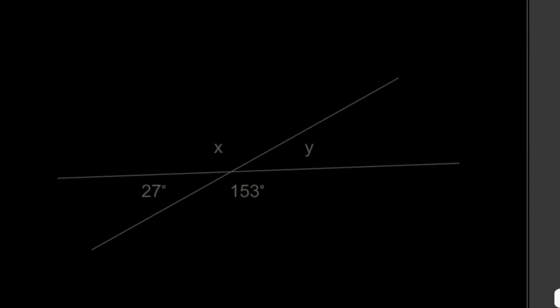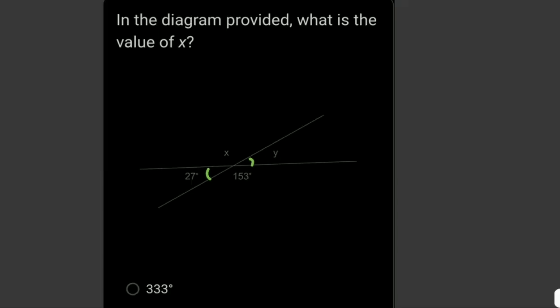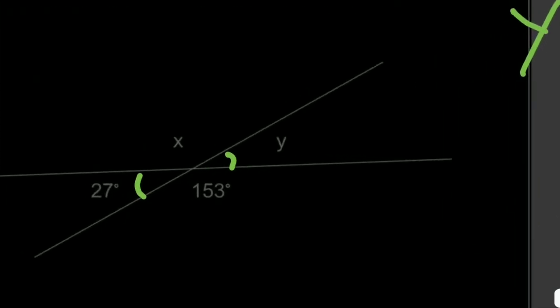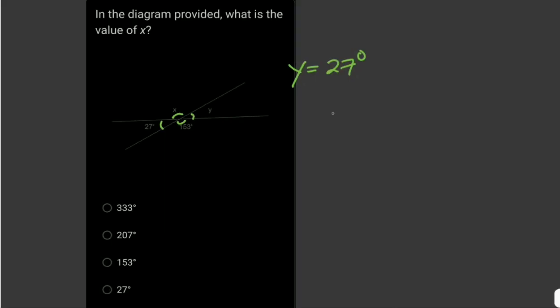So in this case, the vertical angles are y and 27 degrees. Therefore, the value of y here is equal to 27 degrees. And we have other vertical angles, which are x and 153 degrees. Therefore, the value of x is equal to 153 degrees. Therefore, the answer here is this one,